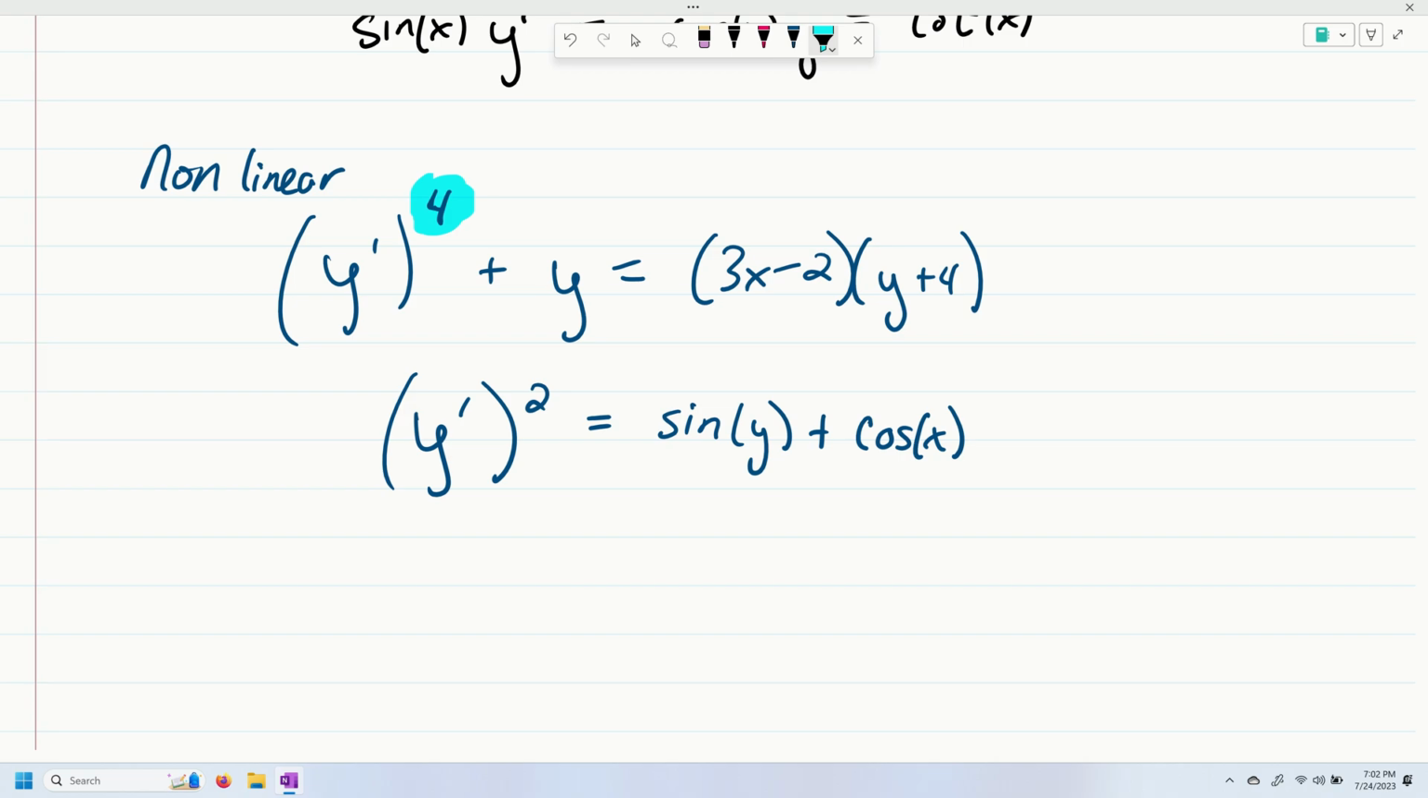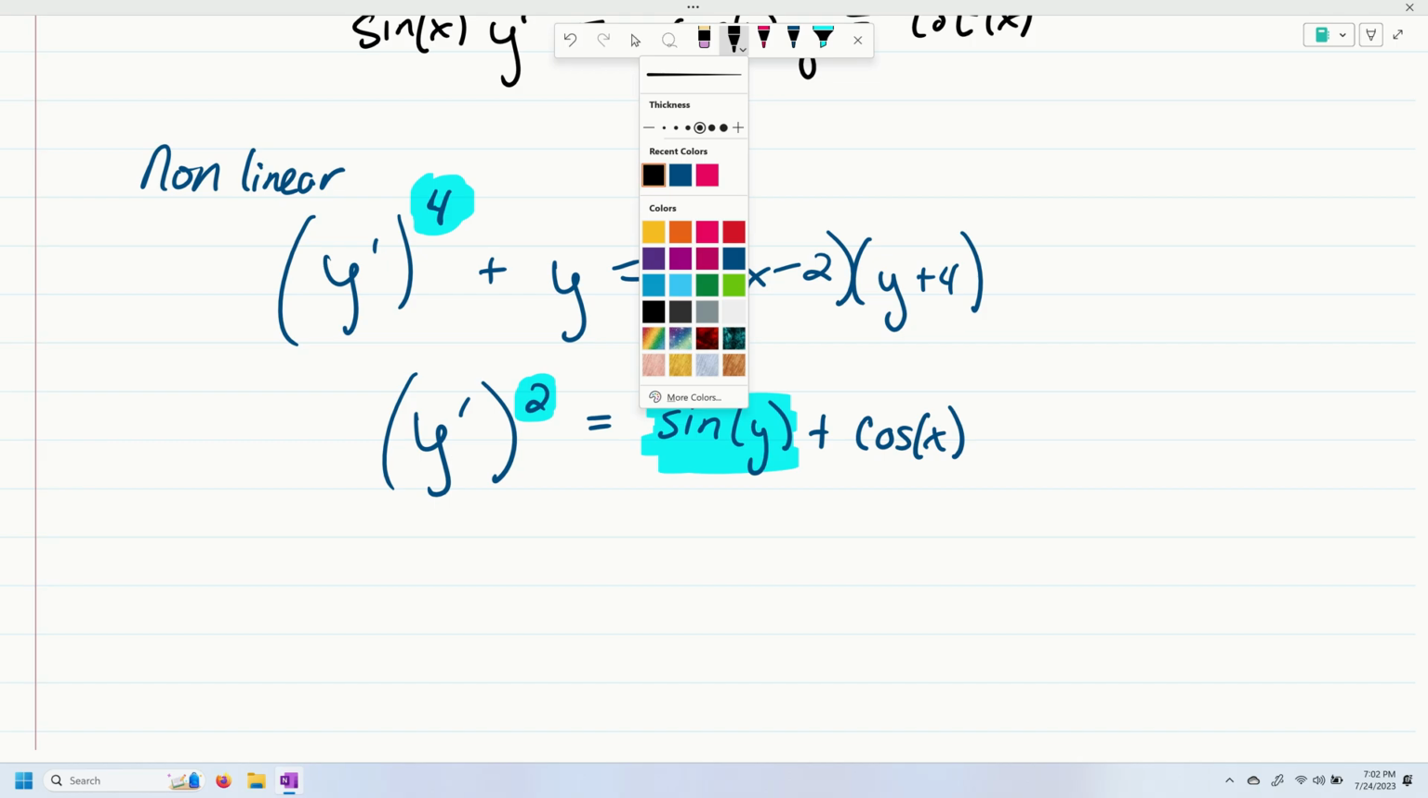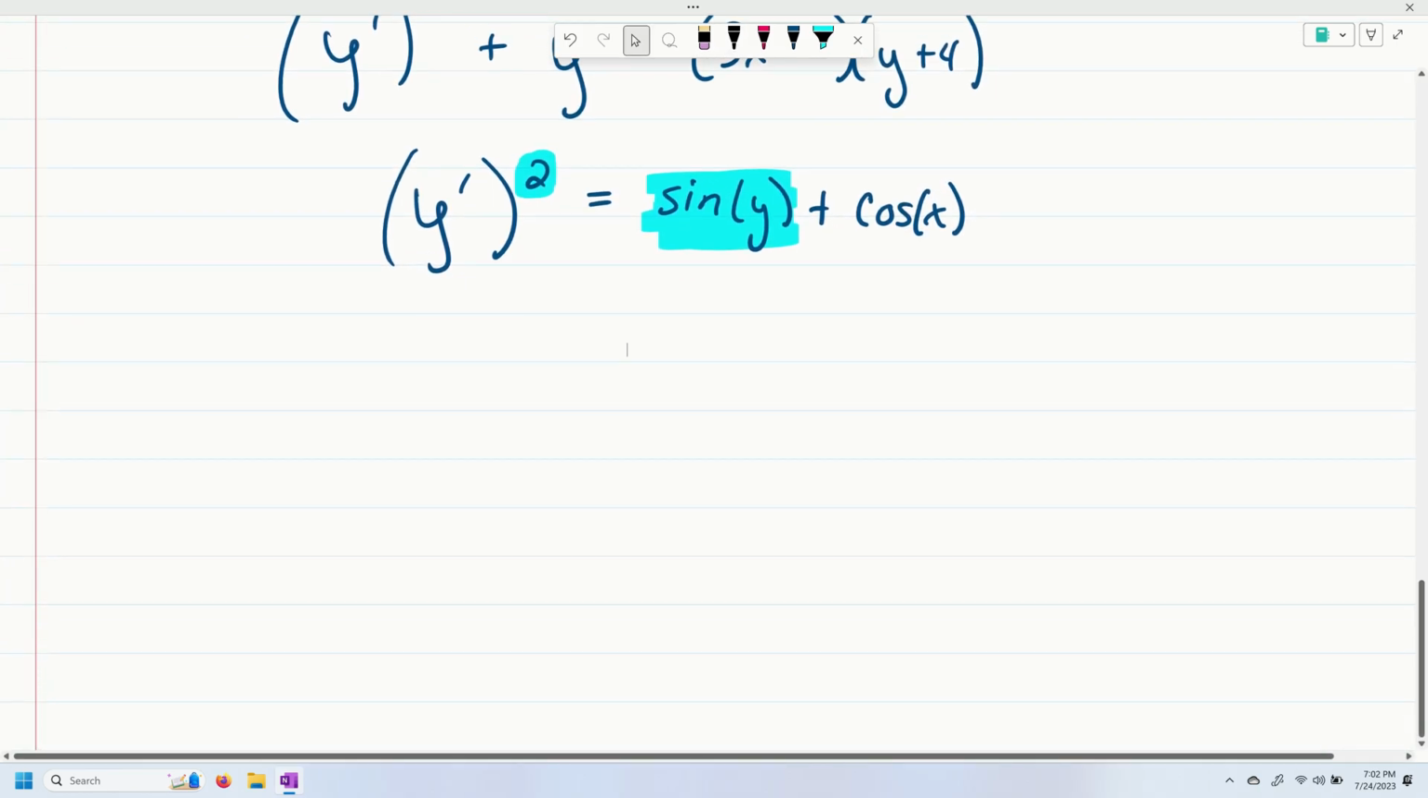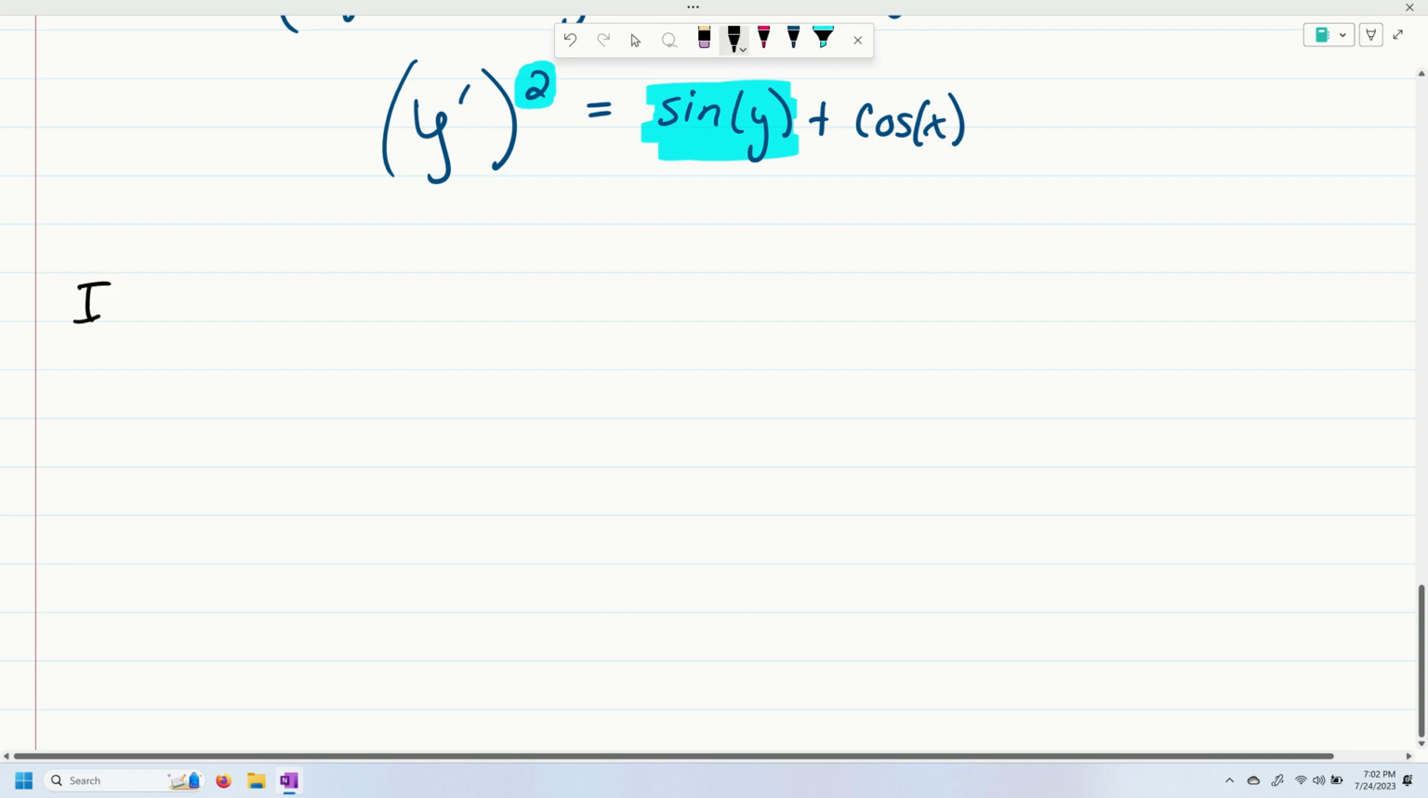Down below in the second example, we have the differential raised to the second, but also this term right here, because the y is included within the transcendental function of sine, that makes it nonlinear as well. Now, you'll study a lot more of these when you get into differential equations, which will be in a semester and a half or two. So just be able to recognize them. Right now, the big thing is how do we actually solve our first order linear differential equations. Okay, so in general,